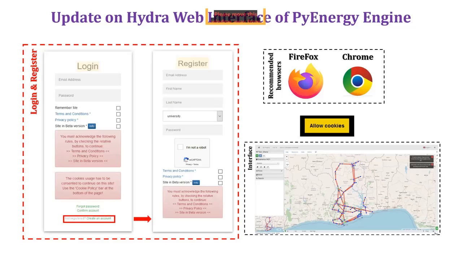To be noted, cookies must be allowed for users to access the dashboard. There are different options to access a network model. You can either contact the network model owner and provide your username, which is the email you used to log into the interface, or import the network data from a JSON file. For detailed instructions on accessing the online interface, and on navigating the dashboard and loading or creating network models, please refer to the training material that has been shared with you.